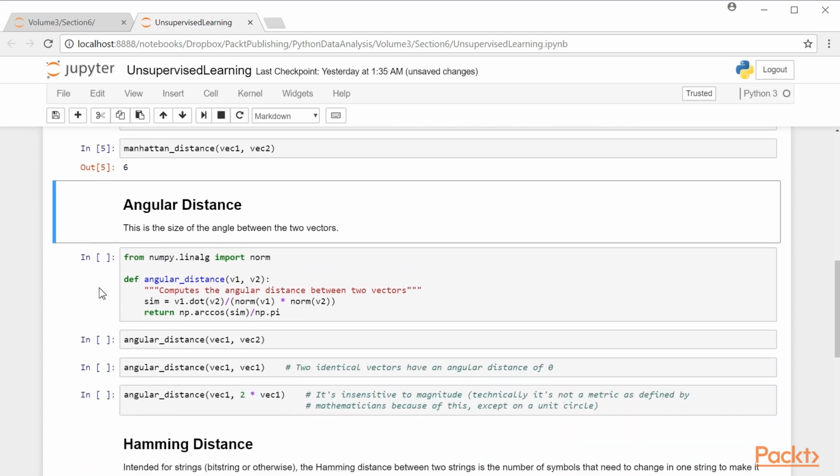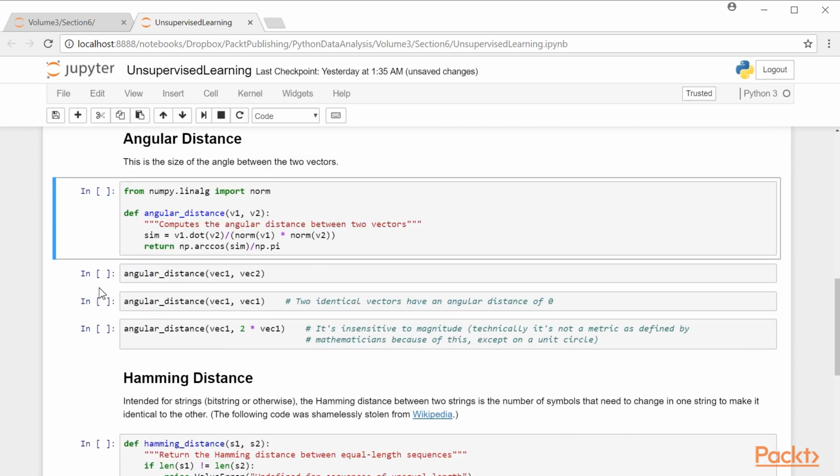How about angular distance? The angular distance is defined this way. If you have two vectors pointing to your different points, what is the angle between the 2 points? Whatever angle that is, that would be the angular distance. Now, I would like to point out that there are certain rules that a function must satisfy in order to be considered a